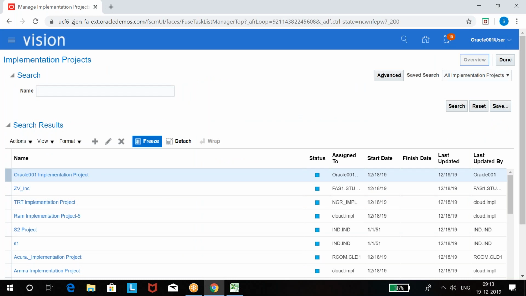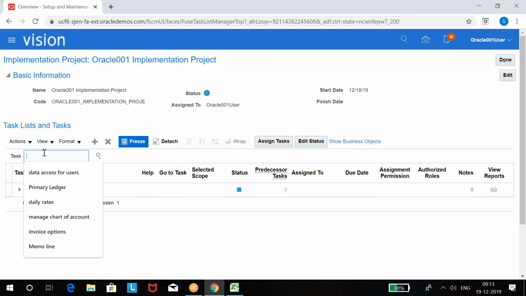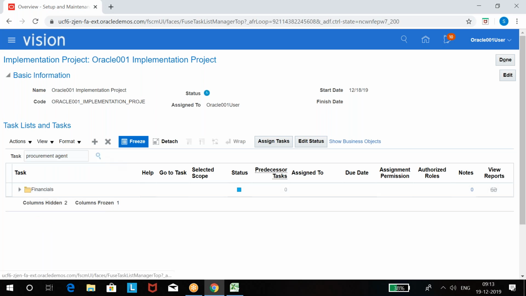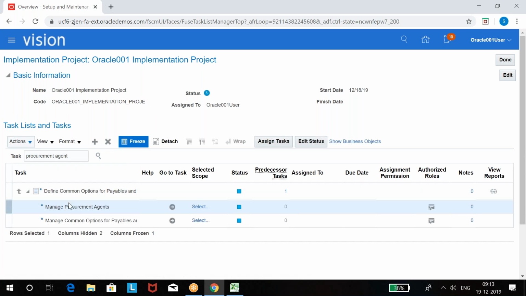Overview. And I got project details here. Procurement agent, click on search. We got the task here, click on this task name. And here we go, Manage Procurement Agent, click on Go to Task.